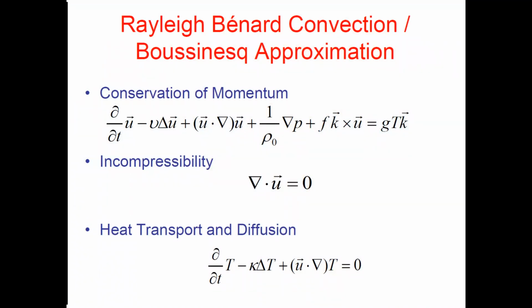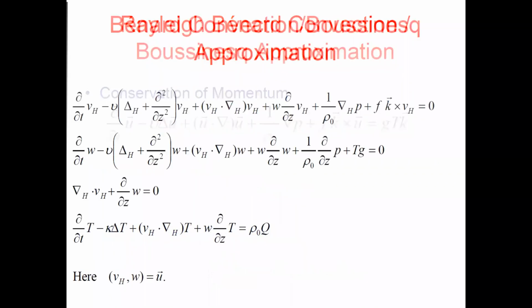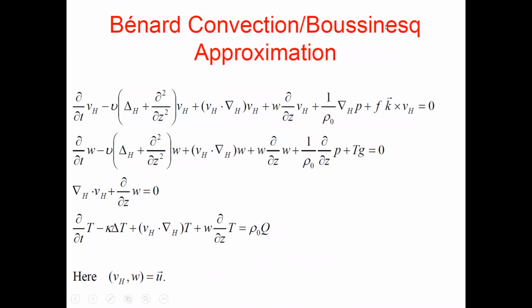And the Rayleigh-Bénard equation, as I mentioned it earlier, now I'd like to take this equation and take into account that I'm talking about horizontal scales, which are much larger than the vertical scales. So if I decompose the Rayleigh-Bénard, H here stands for horizontal, the velocity field U, I decompose it into horizontal component and vertical component.